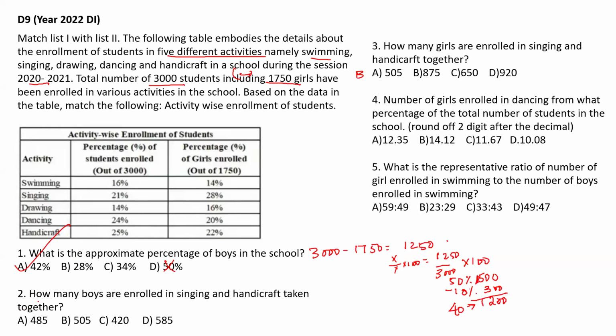Mind calculation is that we can do all these things. Next is how many boys have been enrolled in singing and handcraft taken together. So boys, they are asking enrollment singing and handcraft. So first, total number of girls. Singing and handcraft you want. Here 21 and 25 they have given. Right? So first